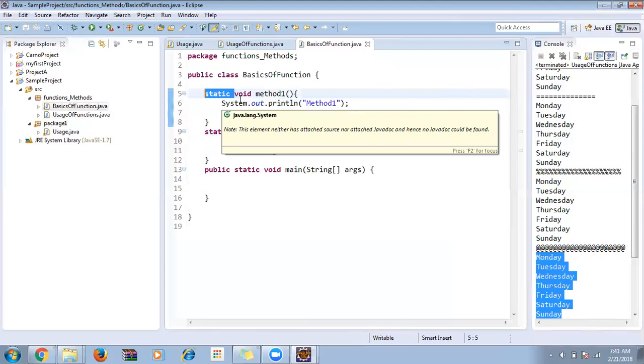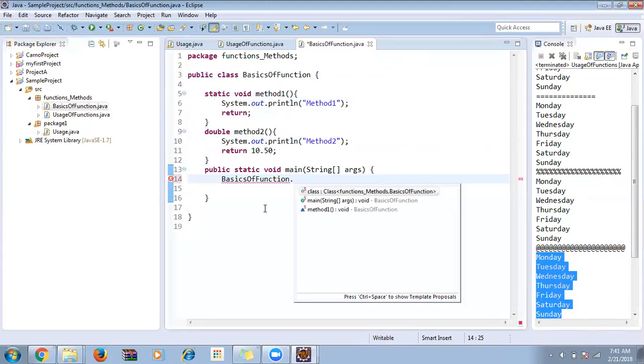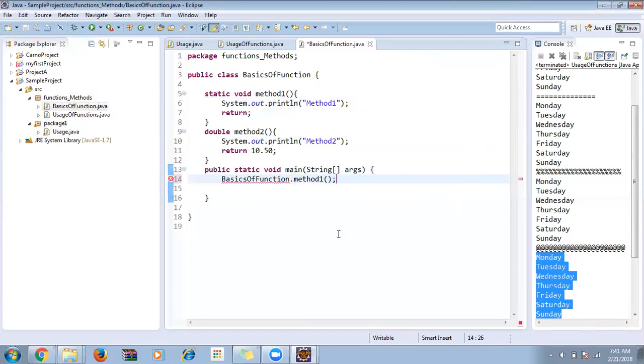So static members directly with the help of a class name, non-static members with the help of an object name. As of now, I'll make one static and another non-static. So I will call method 1. To call the method, my class name dot method 1. Static members can be referred with the help of class name. So now I'll have